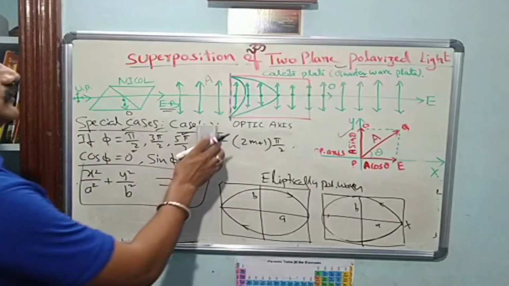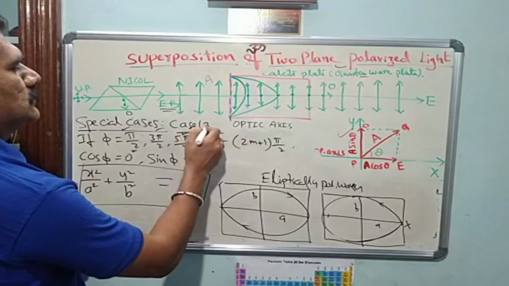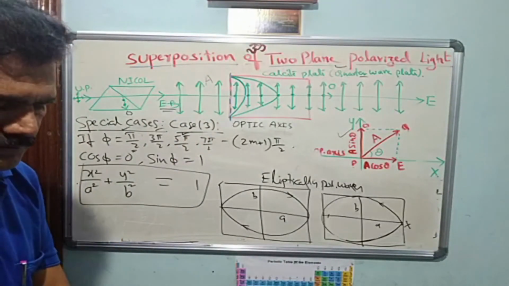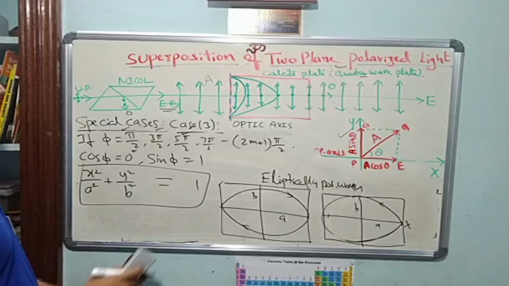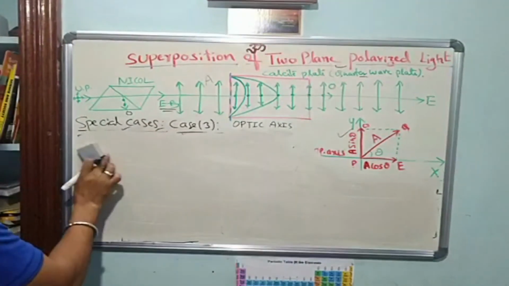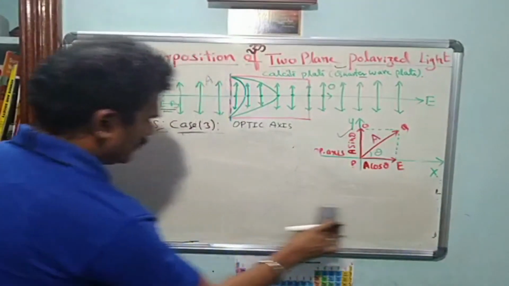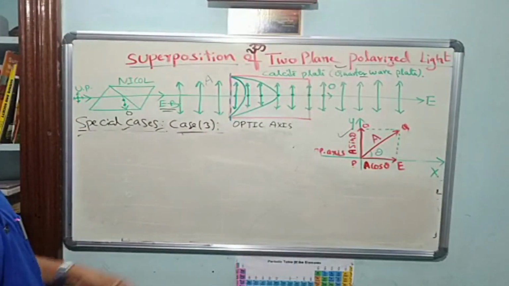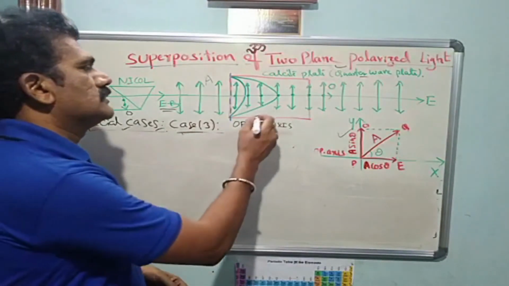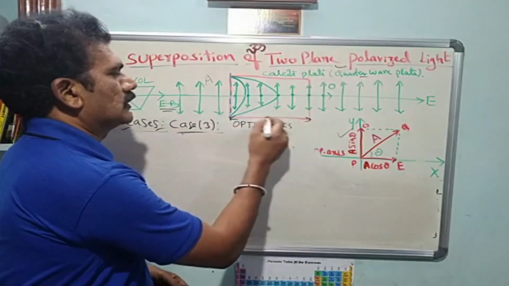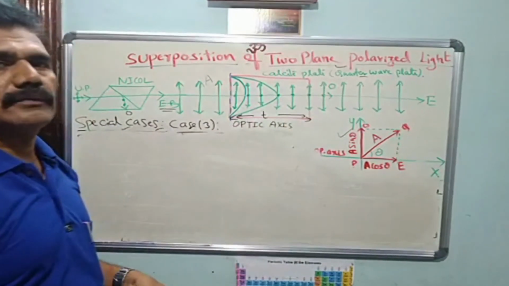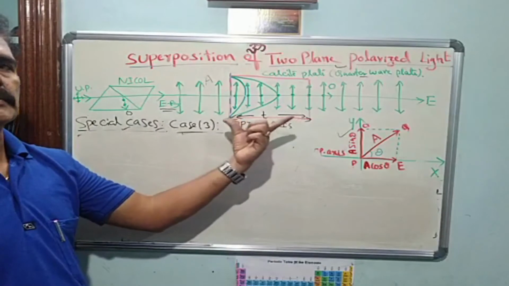Okay, now what is the third case? It is also possible to get circularly polarized light. For circularly polarized light, what must be the phase difference? These are all different possibilities of the emerging wavefront depending upon the phase difference, and you have to remember that the phase difference depends upon what? The thickness of this quarter wave plate only. So one can vary the thickness to change the phase difference.